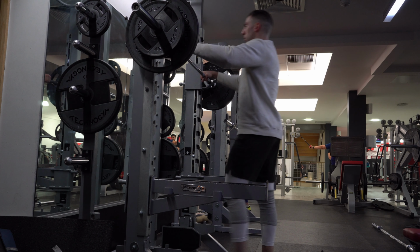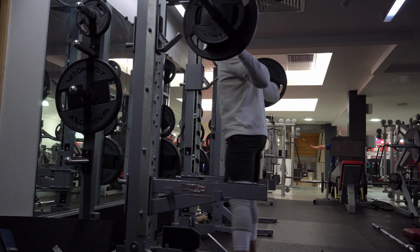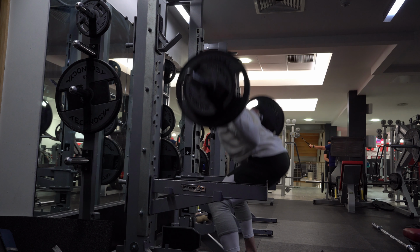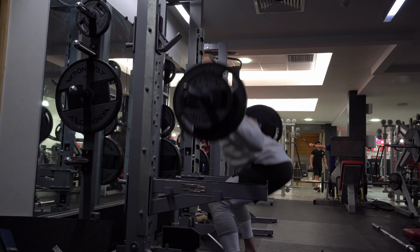But that was my warm-up set, so 60 kilos. Next, second warm-up set, 80 kilos. So I always do 2 warm-up sets for squats and deadlifts, just because I want to start with a lighter weight, then ease myself into slightly heavier, then go into the really heavy, or my sub maximum level, you know